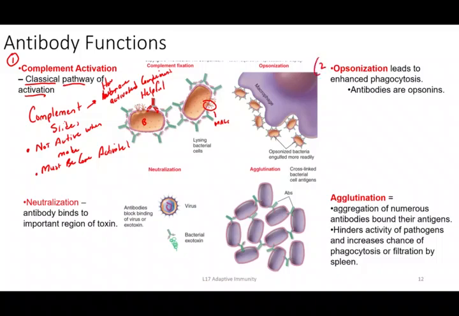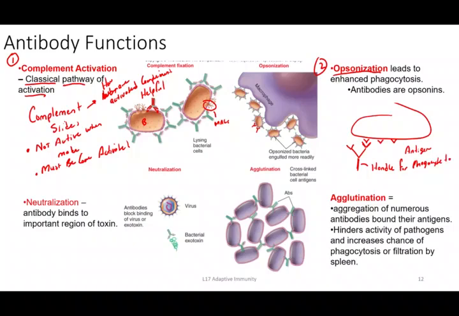Second, opsonization. So as you can see here, each of these bacterial cells has an antibody attached to it. And what we mean by that, if you were to zoom in, here's the bacteria. They have these unique molecules on the surface, again called antigens. And so if we have an antibody that fits perfectly, so there's the antigen binding site, we now have basically a nice handle for